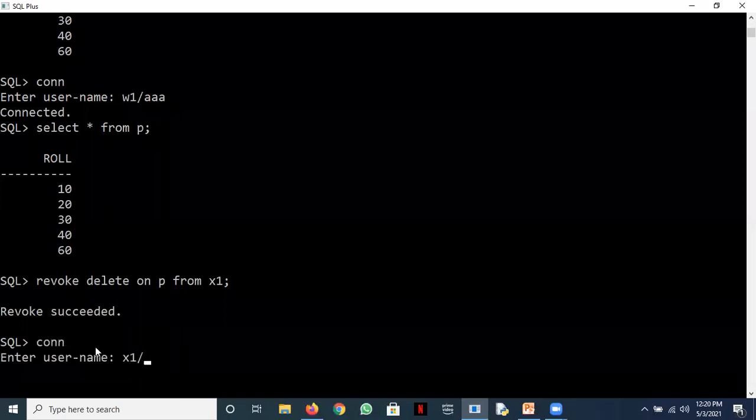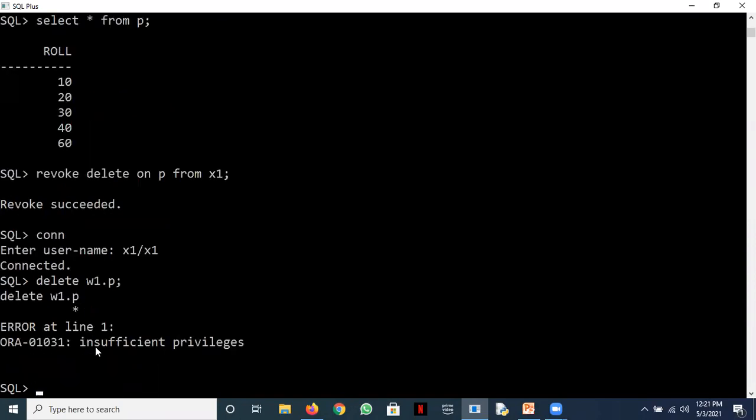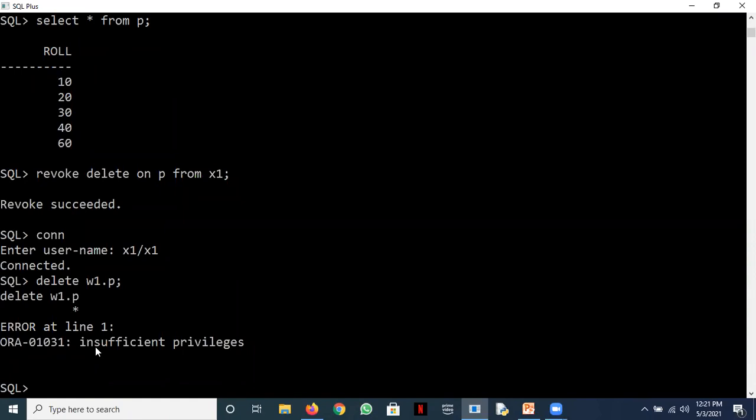Let's connect again as the user X1, and simply try this delete command, because delete has been revoked. So I'm writing delete w1.p. Once again it will say insufficient privileges because this privilege has been taken back.